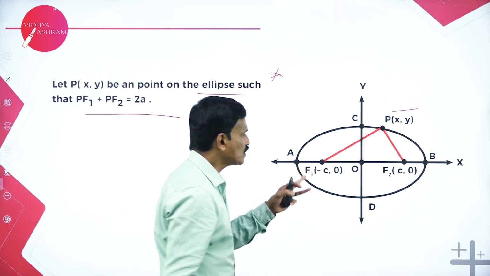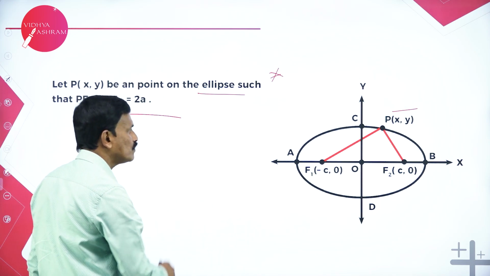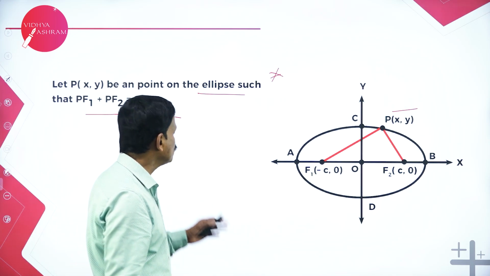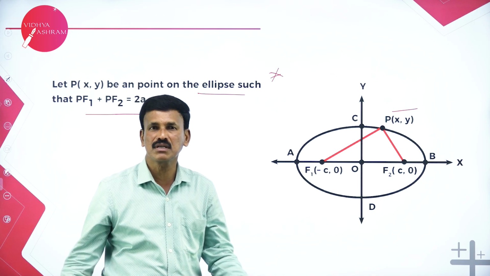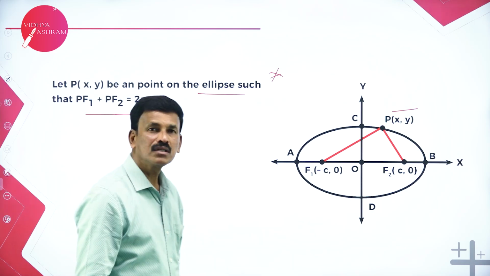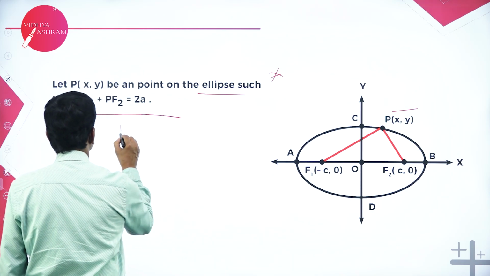Now what are PF1 and PF2? By the distance formula, find out the values of PF1 and PF2, substitute here, and squaring on both sides, you will get the standard result. That's it. Now, by the distance formula,